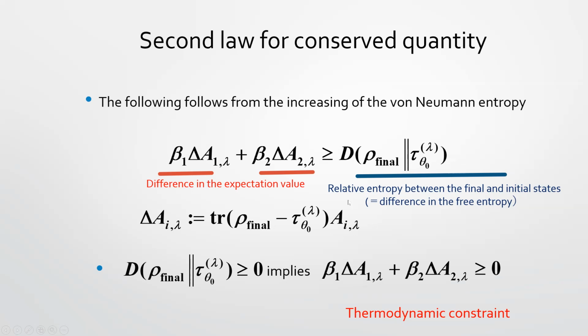We have this physical quantity and this one. The total sum of the two quantities, energy, should be preserved, but each system does not preserve this quantity. So we have this difference. We have this one. And as you know, from this inequality, this relative entropy is always a positive value, not negative. Sometimes zero, but this is always not smaller than zero. So then we have this inequality. This is some dynamic constraint.